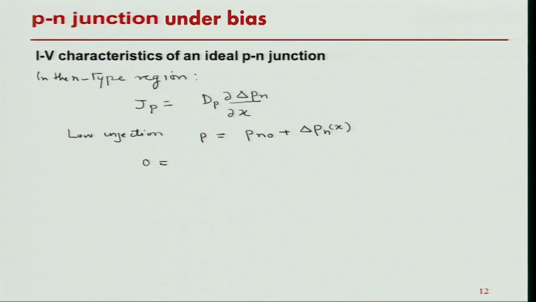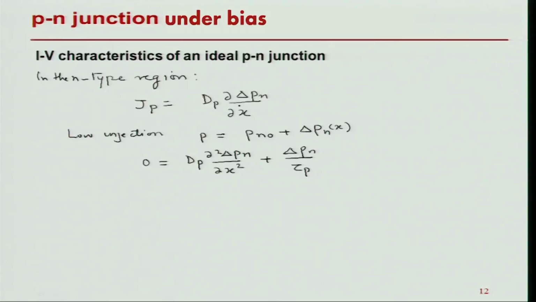And the continuity equation will be similar to the continuity equation earlier, which is the second derivative of the excess hole concentration in the n side plus the thermal recombination generation term. So, now we have these equations, and what we need to do is solve the second order differential equation for the boundary conditions in the P region and the N region, and then once we have solved it, we can